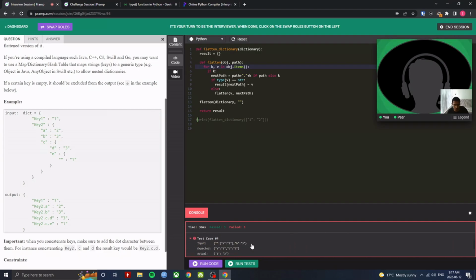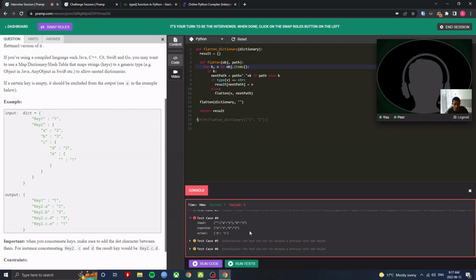if it is an empty string, then it shouldn't be considered, right? If the key is empty, it should be excluded from the output. No, wait. If you see the example, okay, got it. So okay, in that case, also, so